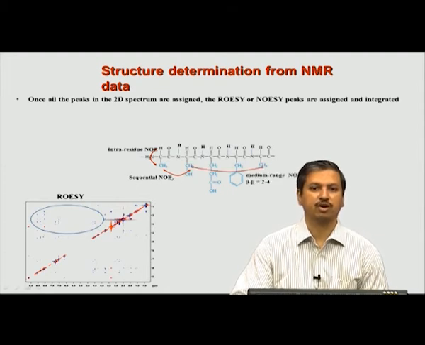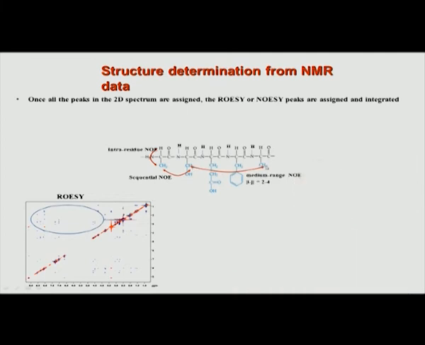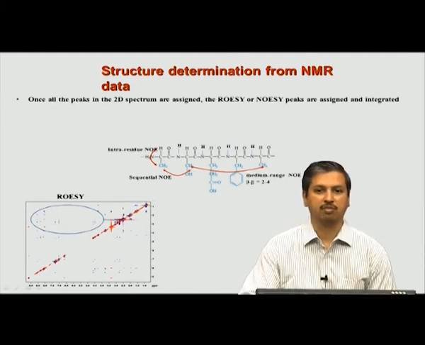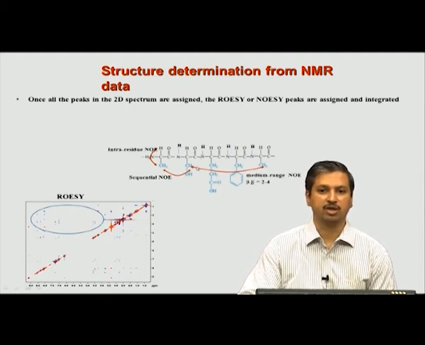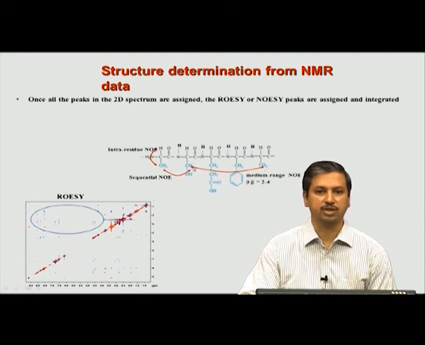A third type of NOE which you will get is slightly farther away. This is between residues 2 to 4. You can see in this case it is 3 residues apart, between this alanine and this serine hydrogen atom. So, the beta of alanine and beta of serine you may see or you may not see, because that depends on the 3-dimensional structure, but observing such NOEs is useful. That type of NOE is called a medium range NOE, because they are between two amino acids which are not far away, but in medium range.